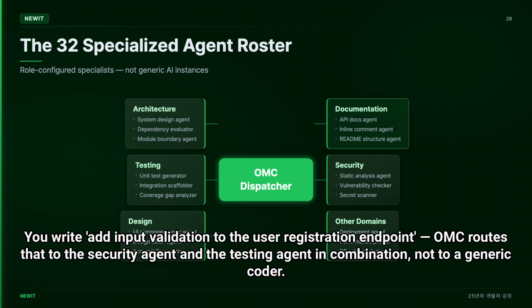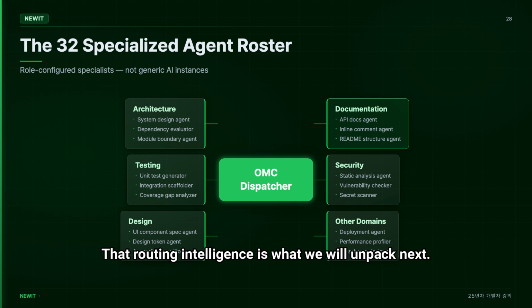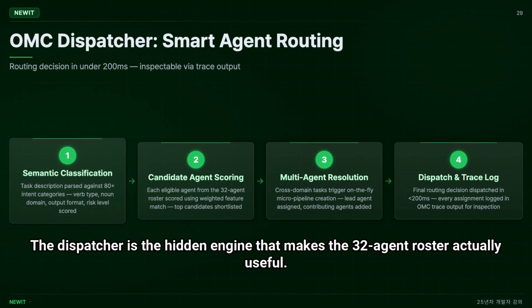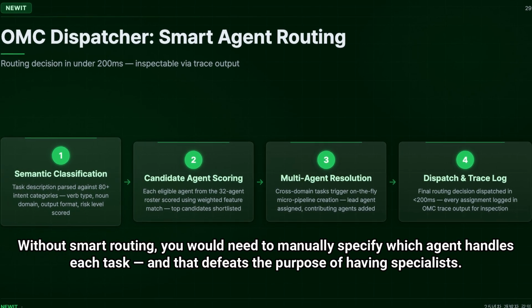You write "add input validation to the user registration endpoint." OMC routes that to the security agent and the testing agent in combination, not generic coder. That routing intelligence is what we will unpack next. The dispatcher is the hidden engine that makes the 32 agent roster actually useful. Without smart routing, you would need to manually specify which agent handles each task, and that defeats the purpose of